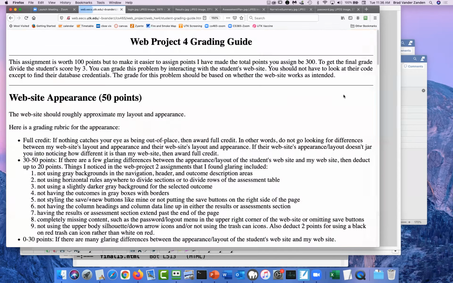So good, excellent point. When you do any of those, you have to update the total field. Other questions or comments?